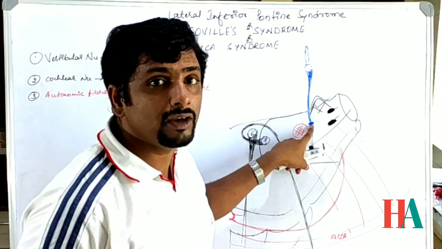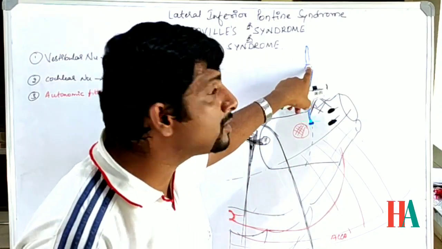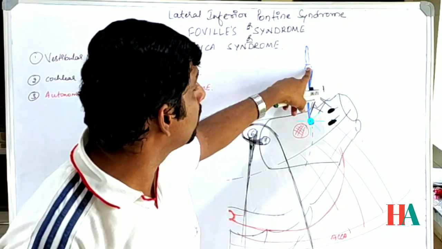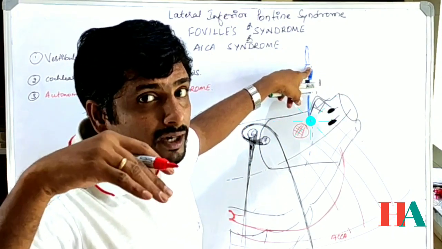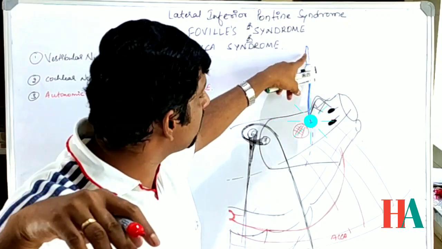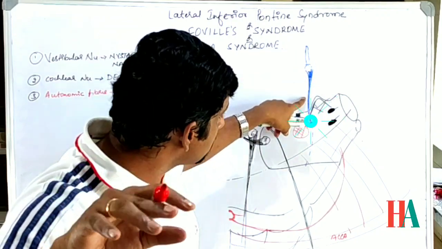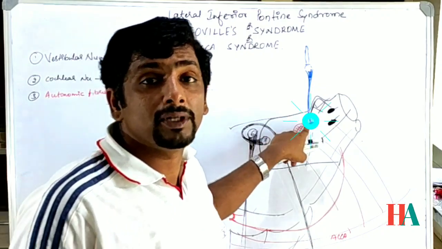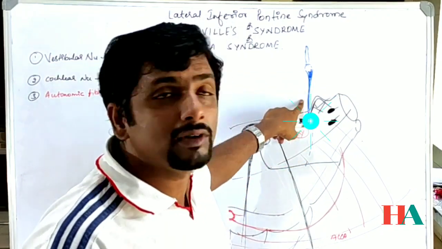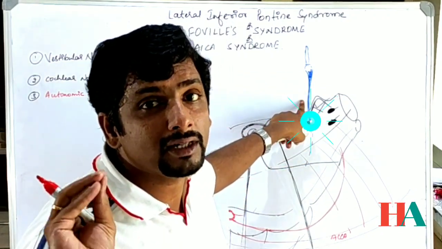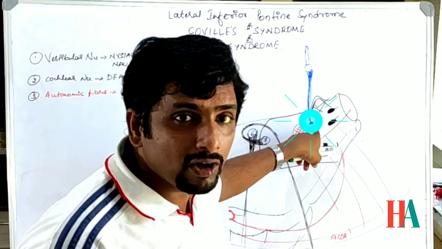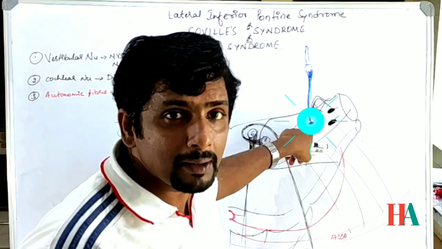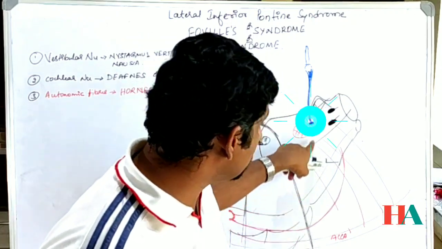Next, what is this? Can you recognize this one? This is the trigeminal nuclei, right? The chief nucleus is there in the middle and upper part of the pons, and this is the mesencephalic nucleus of the trigeminal complex. This is the spinal nucleus of the trigeminal complex. Usually this spinal nucleus is related with the pain, temperature, and touch sensation of the face. So if it is involved, the whole tract is going to get obstructed because it runs downwards.